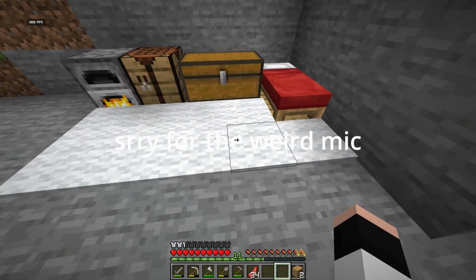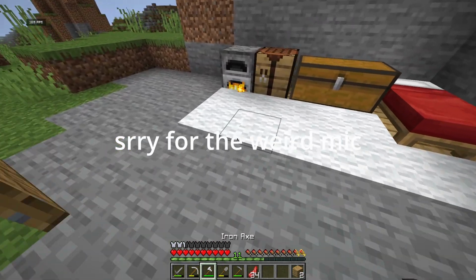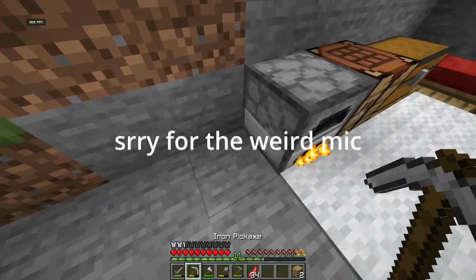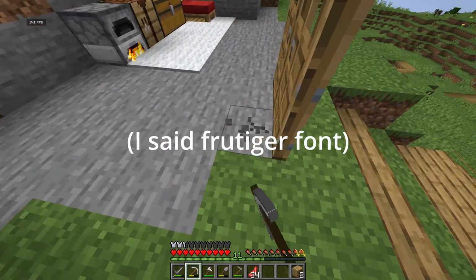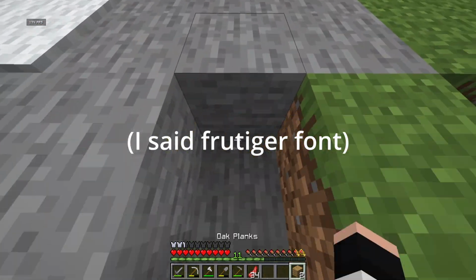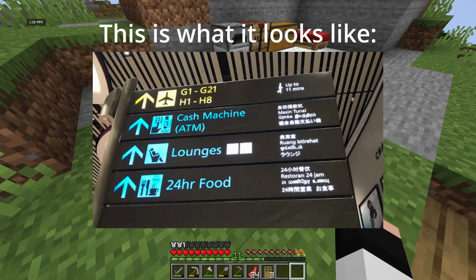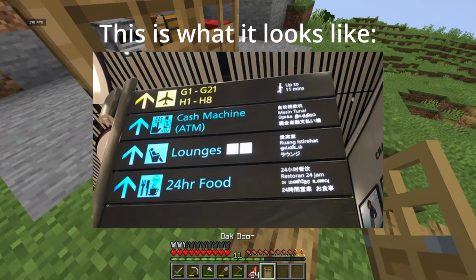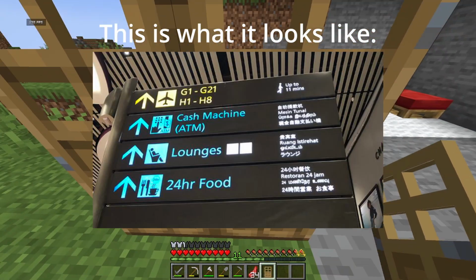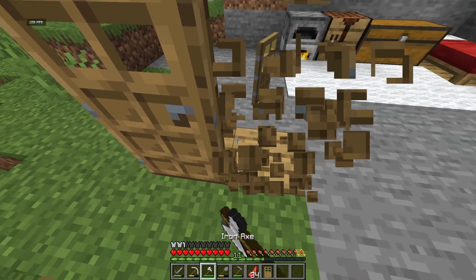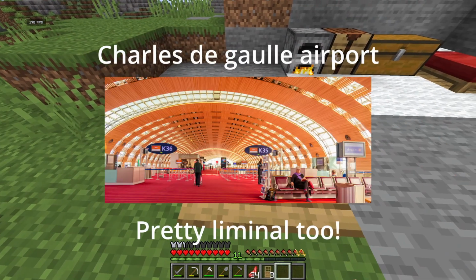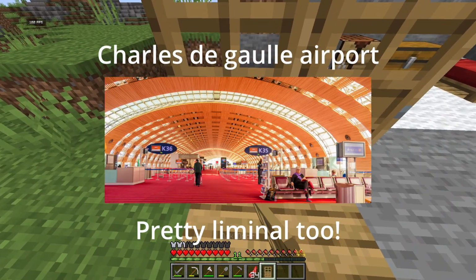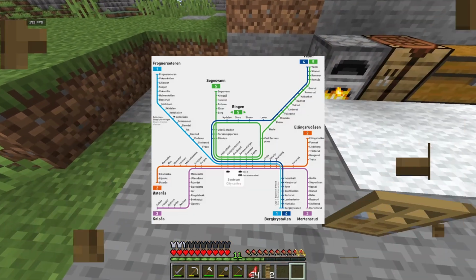Frutiger Aero originated from the early 2000s user interface design, particularly Windows Aero and the Frutiger font. And if you don't know what the Frutiger font is, it's basically the font that you'll see on public transport places, so for example airports. A good example, it's famously used in signage at the Charles de Gaulle Airport, as well as the Oslo public transport